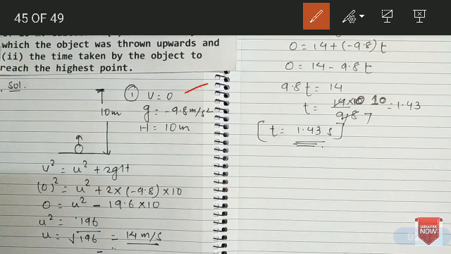Final velocity is 0. Why? Because any object which is thrown upwards ultimately comes down to the earth. Why does it come down to the earth? Because its final velocity becomes 0. Acceleration due to gravity is 9.8 meter per second square. Here it is taken to be negative because it always acts downward. Height is given 10 meters. Applying the third equation of motion, v square equals u square plus 2gh, and placing the values into the formula, the initial velocity will be 14 meter per second.